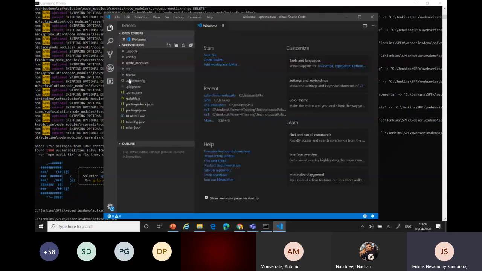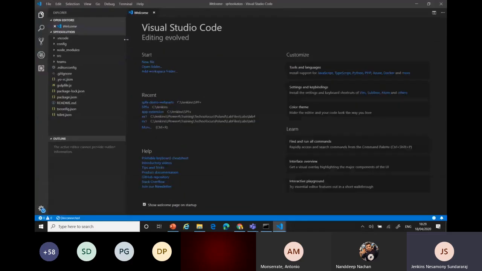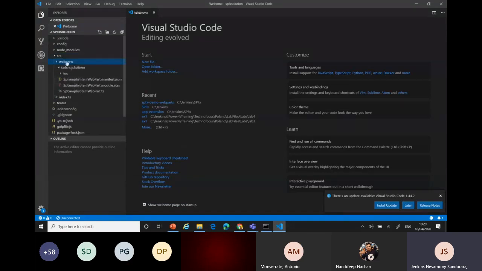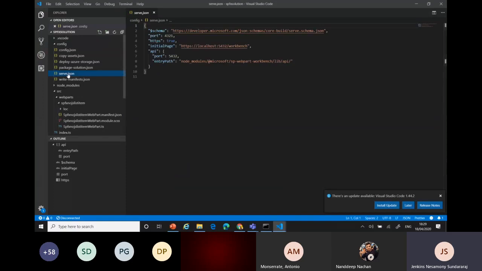Okay. Here you can see, I think yesterday you saw the first web part, right? All your web part details are available here. What components you have installed is available in the node modules. If you want to install jQuery or any other things, it's available here. And whatever the configuration, your deployment, your Gulp build options, that JSON is where to build everything. It will load with a local workbench or your server workbench.